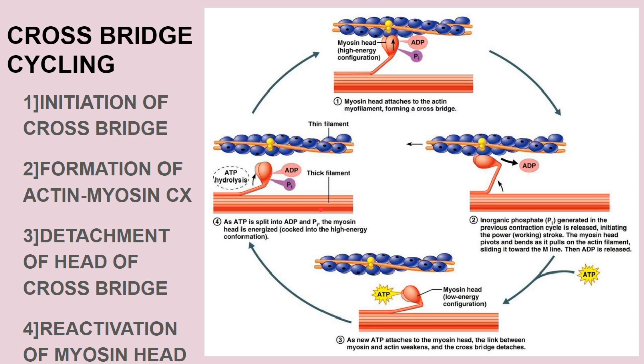Now the first step is the initiation of the cross bridge cycling. During the resting stage, if you remember, the troponin I is slightly bound to the actin, and the tropomyosin molecules are located in the groove between the strands of the actin filament in such a way that they block the myosin binding site on the actin. Because of this, during the resting stage, there is no actin myosin cross bridging. So the troponin tropomyosin complex is the relaxing protein complex, which inhibits the connection between the actin and the myosin, right?